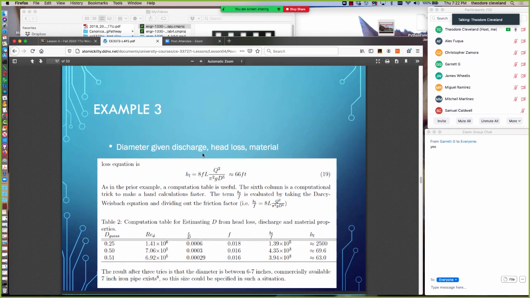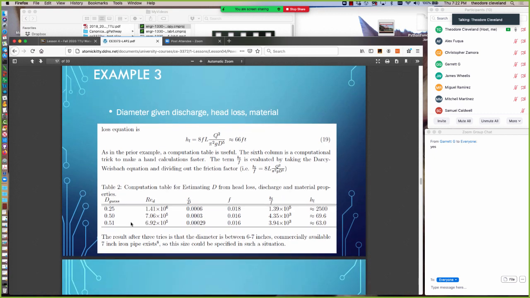The added complication is that every time we change diameter, the computation for Reynolds number changes and the computation for roughness ratio changes. But it's the same idea. So we guess the diameter, compute a Reynolds number based on that diameter, determine the roughness ratio based on that diameter, go to the Moody chart, look up the corresponding friction factor, apply that friction factor in the head loss equation to get a computed head loss, which in its first line is 2,500,